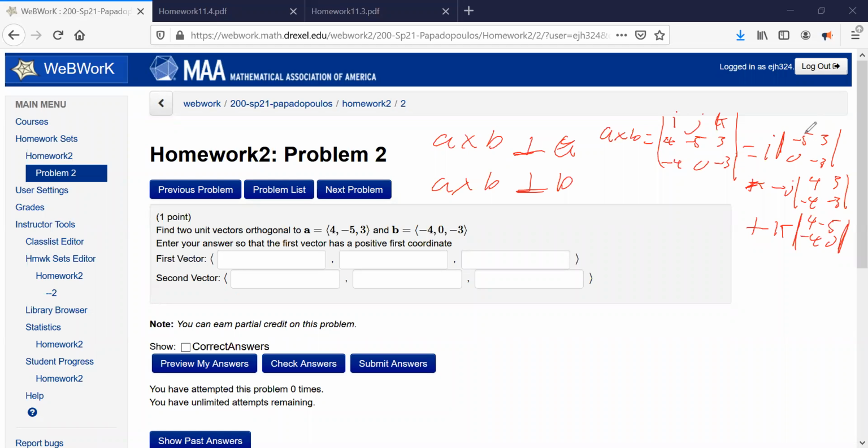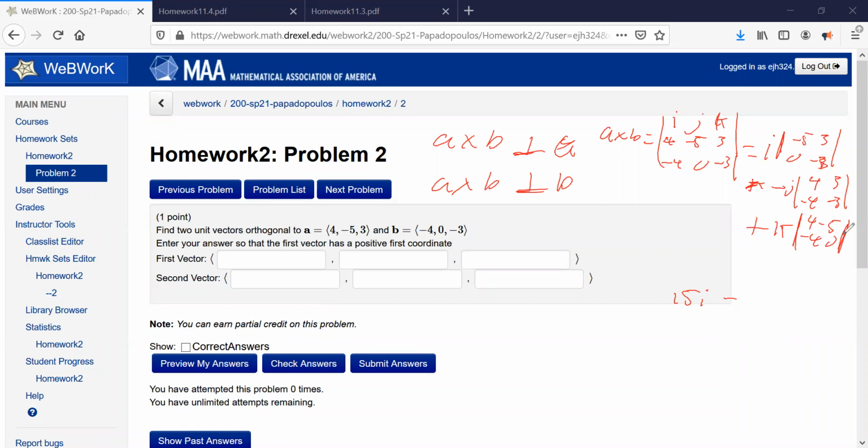If we do that, the determinant of this is -5 times -3, so that is positive 15i, and then minus 3 times 0, which is 0, obviously. So it's 15i, and then we get minus, if we do the same determinant here, we